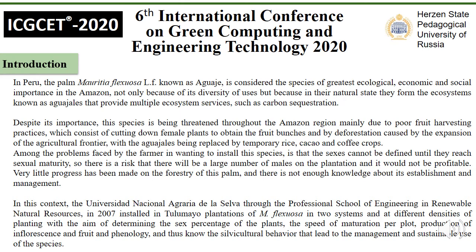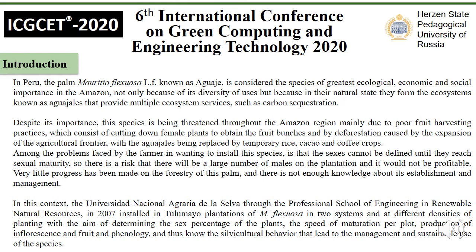Among the problems faced by the farmer in wanting to install this species is that the sexes cannot be defined until they reach sexual maturity. So there is a risk that there will be a large number of males on the plantation and it would not be profitable. Very little progress has been made on the forestry of this palm, and there is not enough knowledge about the